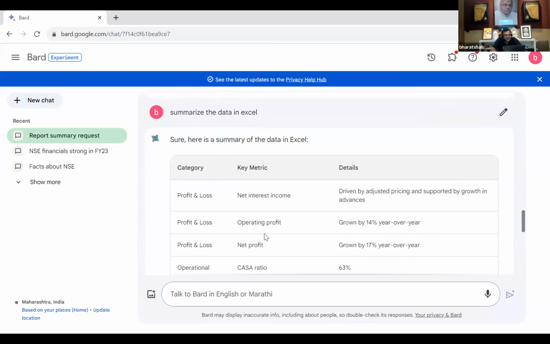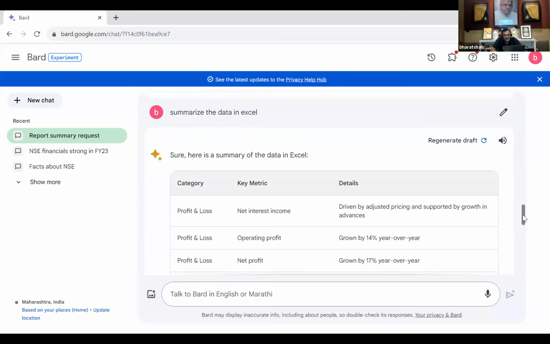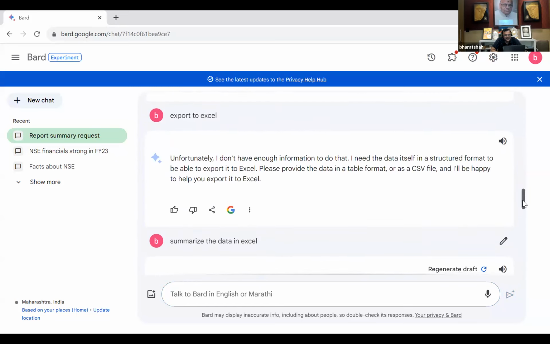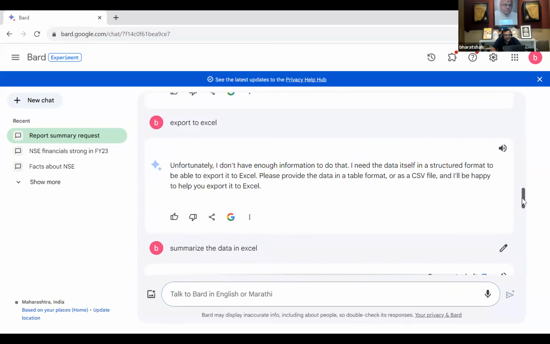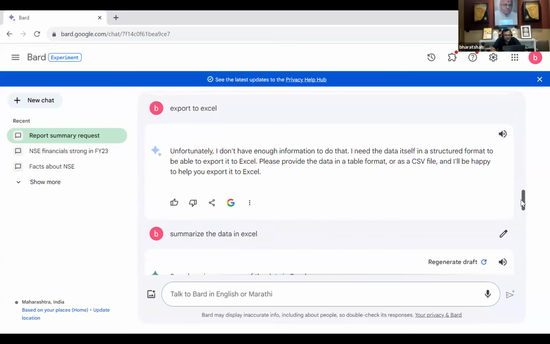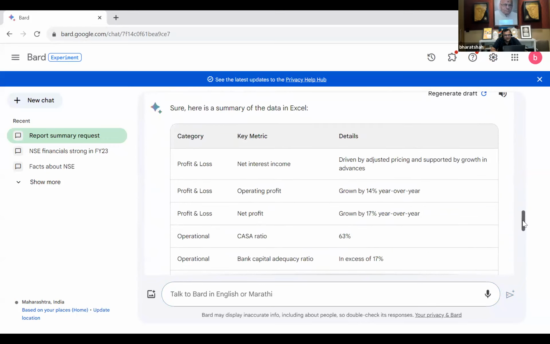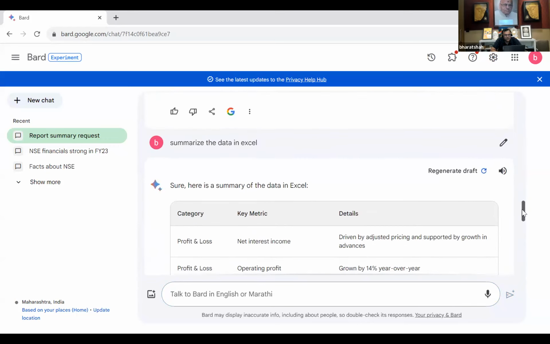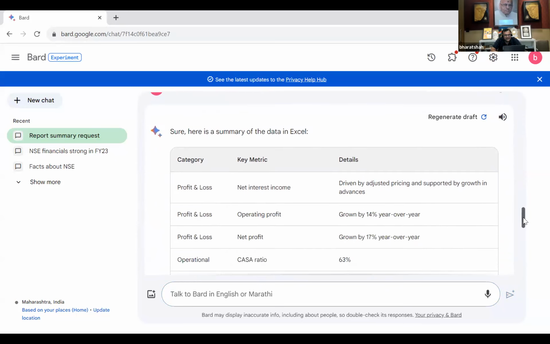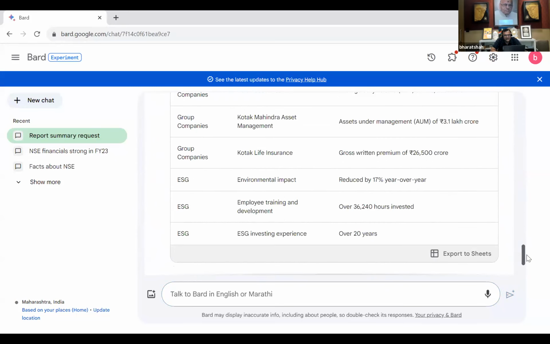In the initial case, I had not given the Bard model the proper command, so it didn't give me the right information. But once I told it to summarize the data in Excel, it was able to do that, and I can just export it into Excel as well.